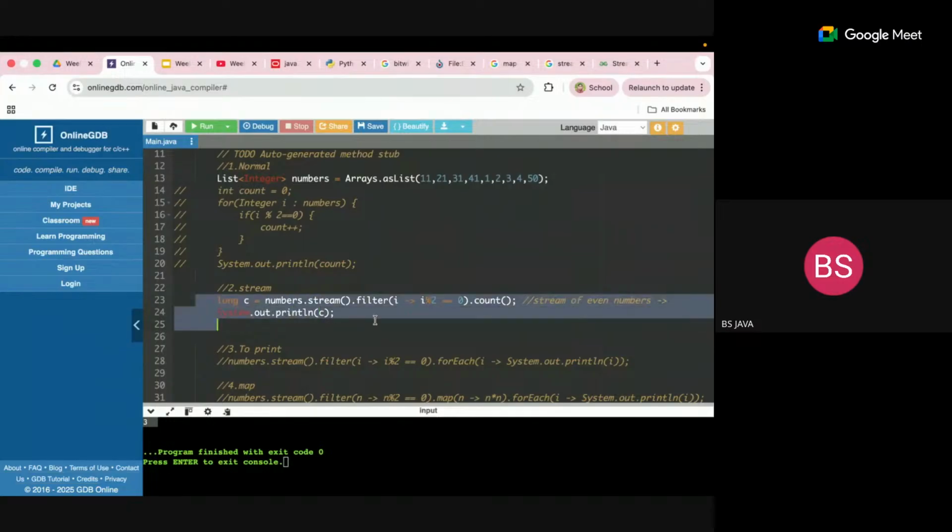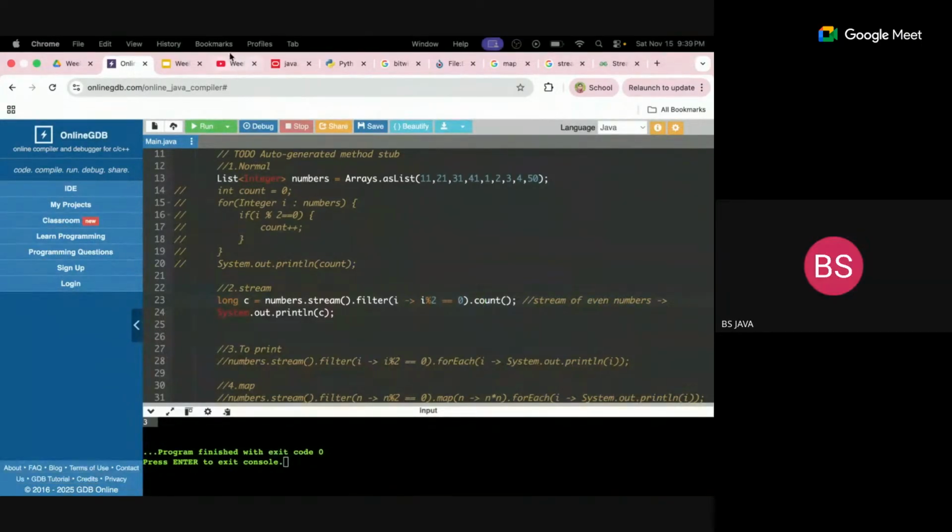Is that clear? Ma'am, here count is an inbuilt operation, like an inbuilt method. Count is there, sorry. Inbuilt method. Yeah. Count is coming from